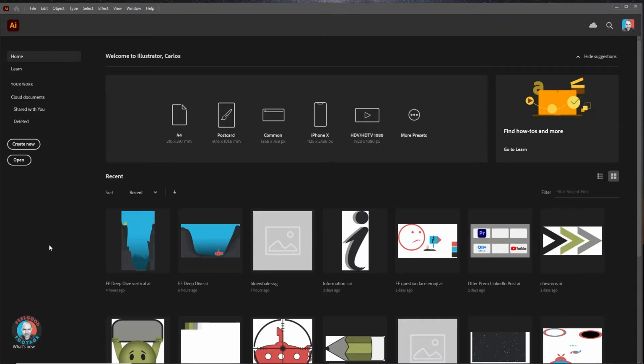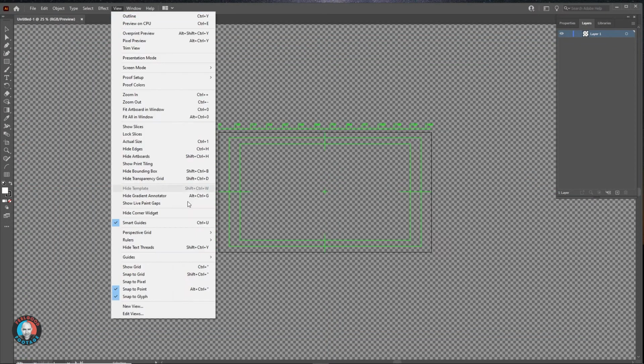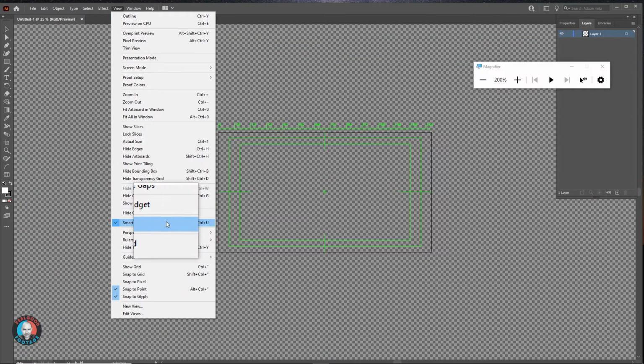Next, I'll open up Illustrator and choose the HD 1920 by 1080 artboard preset. One of the wonders of Illustrator is you're working with vectors, so you can at any time scale them up or down without losing resolution. But if I'm drawing with the intention of animating, I tend to work with the artboard size that matches the video resolution I'll be using later, just so I have that as a reference throughout. I'll also point out that I've got smart guides activated. I'll make use of that a lot.